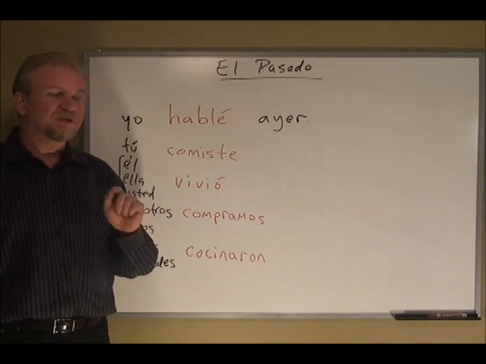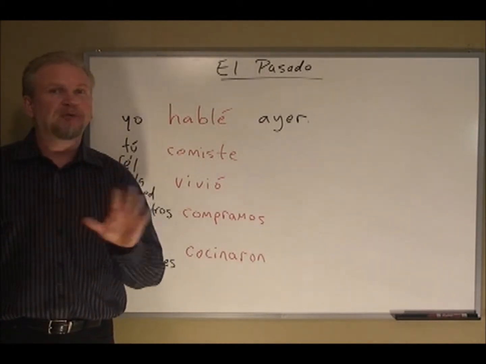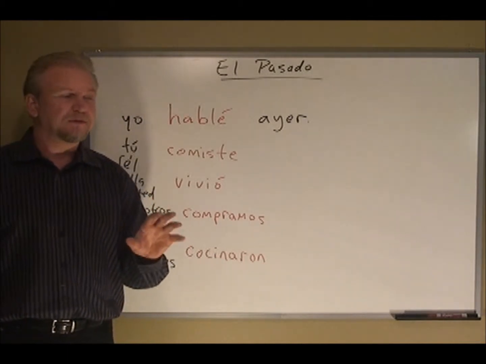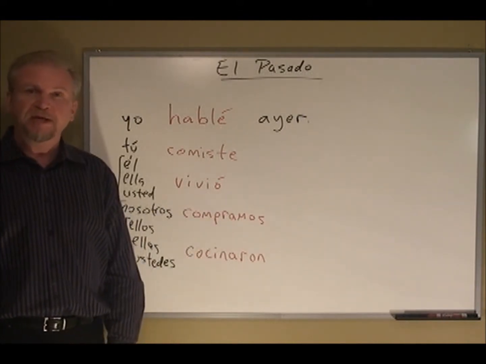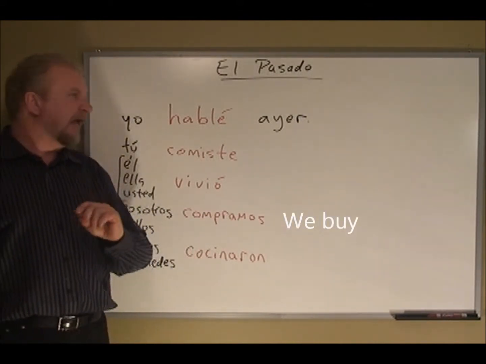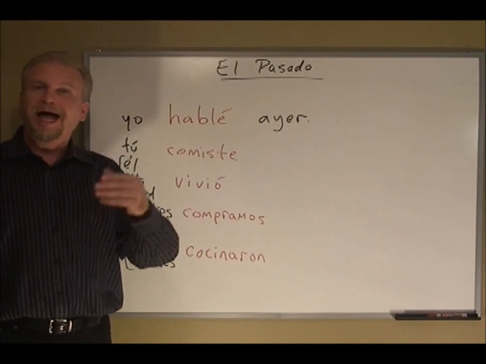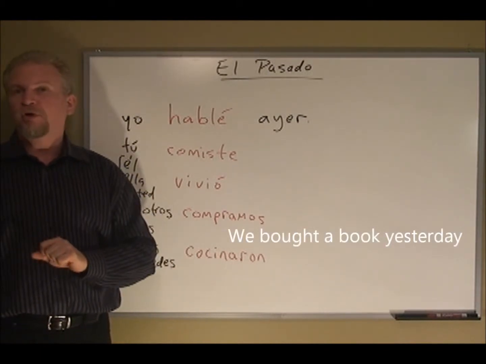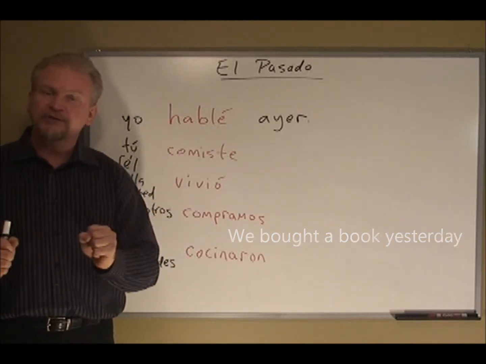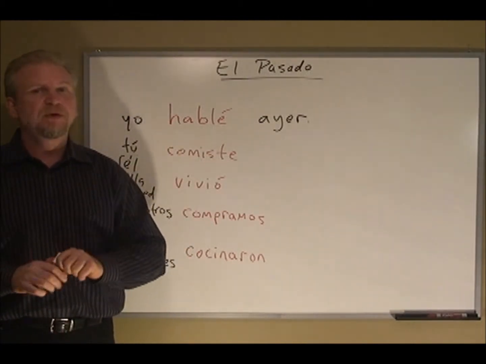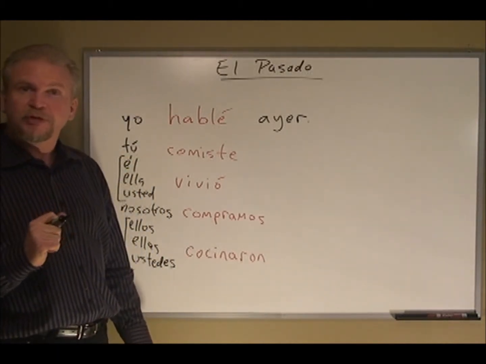Now that is important, especially with the AR and IR verbs in the nosotros form, where both of them are written the same in the present and the past. Nosotros compramos, out of context, could be interpreted as we buy. But if I add the word ayer, nosotros compramos un libro ayer, we bought a book yesterday. This word ayer is going to put the whole phrase into context and let me know that that verb is in the past. Well, what other vocabulary words can help us?